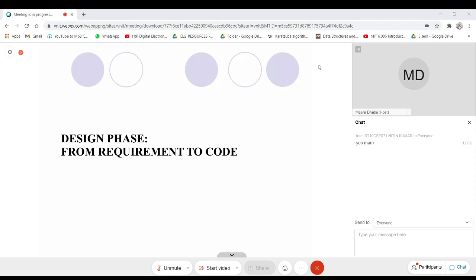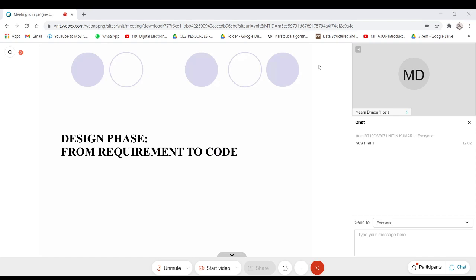Before actually going for implementation or coding, we are required to create one blueprint of the software project. During this design phase, one document will be generated which will take us from the requirement phase to the implementation phase.